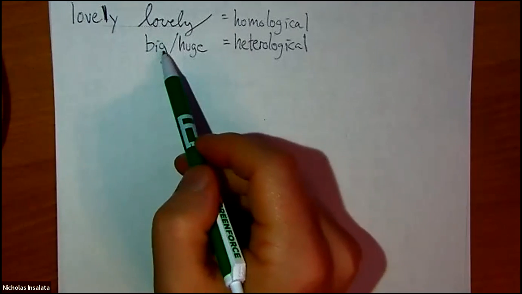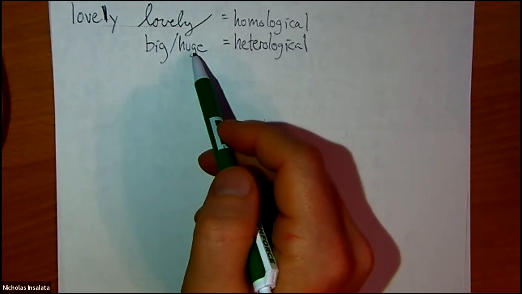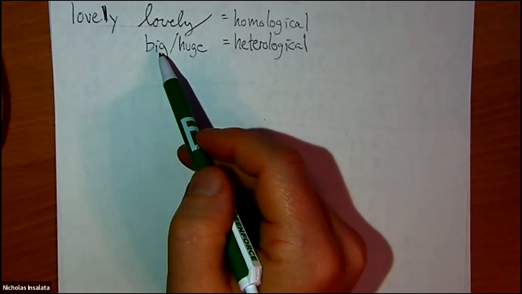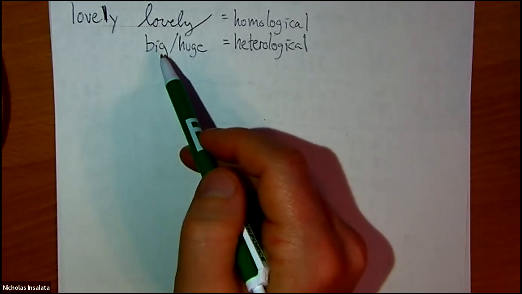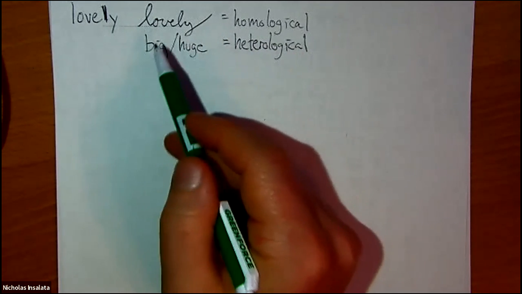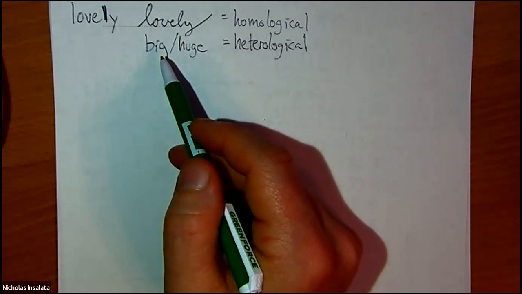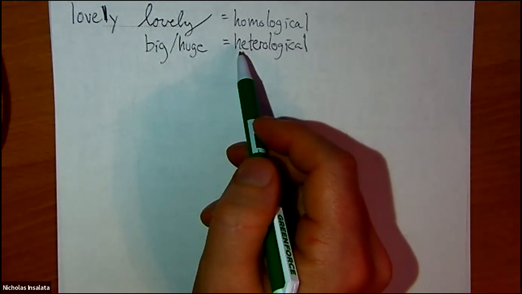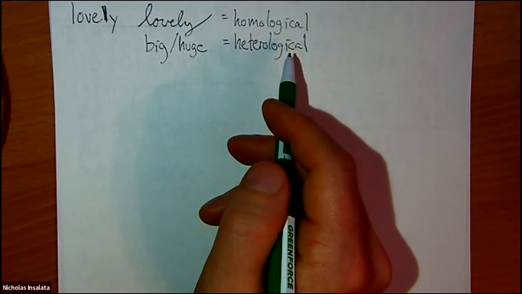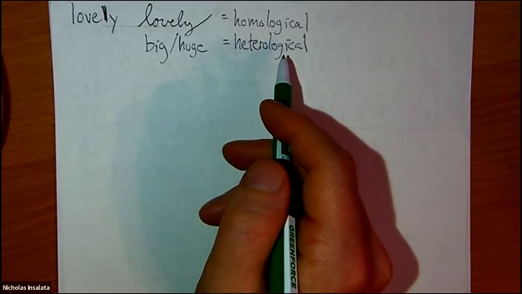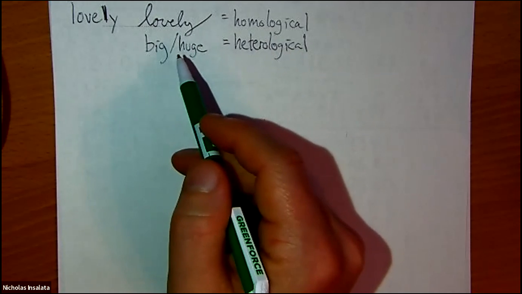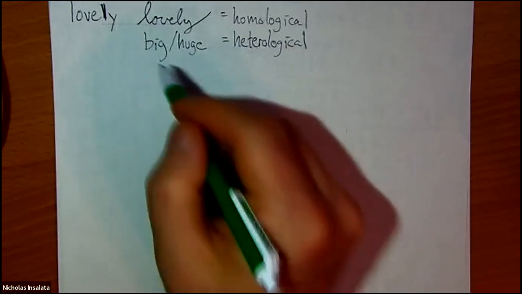So this word big or huge, that's an adjective, right? Like if something's big, like a big dude, then the dude is the noun and big is the adjective. So heterological is describing an adjective, right? So is heterological itself an adjective? I see. It's not, right? Because something that describes, well, but that's not really it, right? Like this is describing this word,